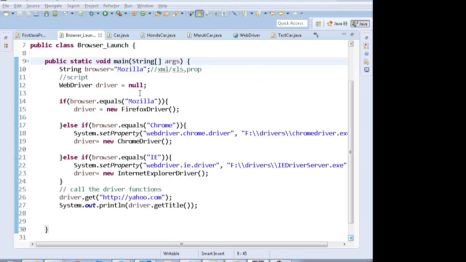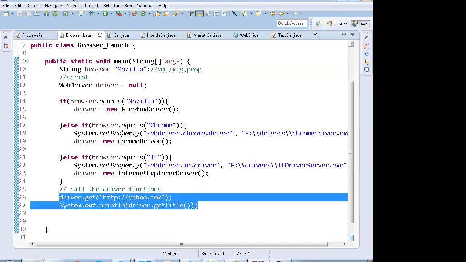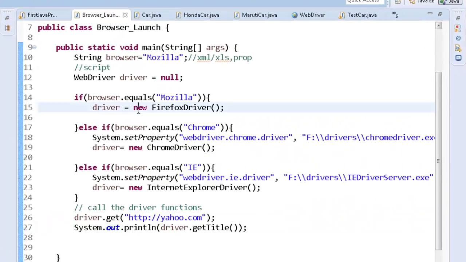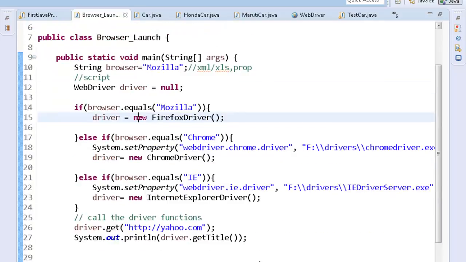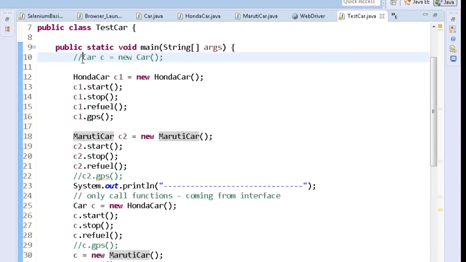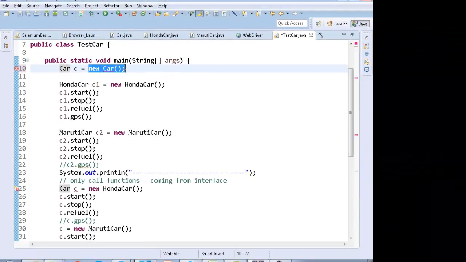So I hope you understood the concept. You can have a look at the recording after the class. Okay. So the functions will be common because all the drivers have the same set of functions. They implement the same interface. Just have a look at the recording after the class. Fine. Yes, object references can be created for an interface. For an interface, you cannot create an object. You will get an error while creating the object. But you can create the object reference.